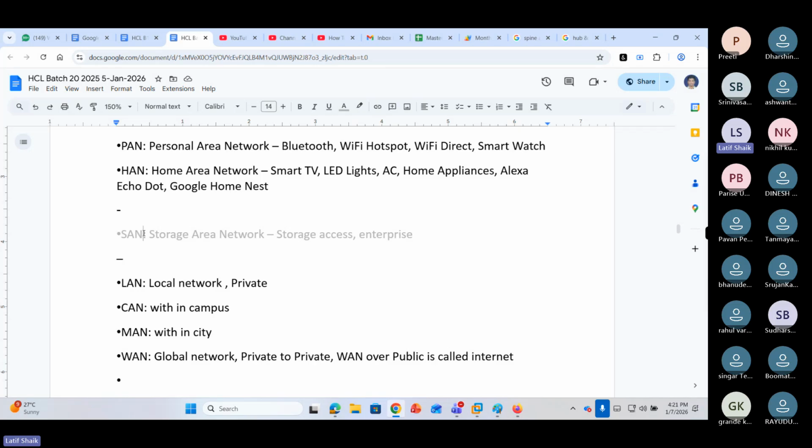So we don't see that in our home or in our office. At enterprise level, bigger organizations use SAN for centralized storage. SAN contains storage devices, storage servers, switches, fiber optical cables.